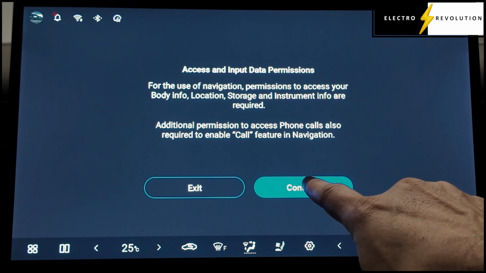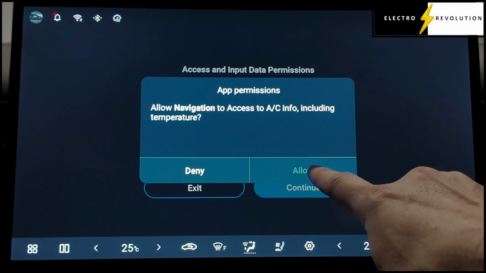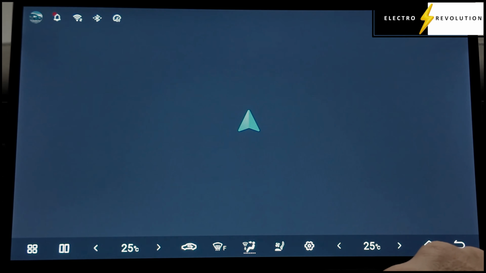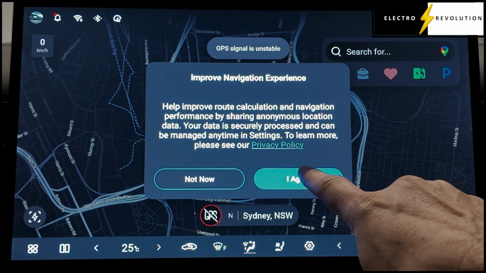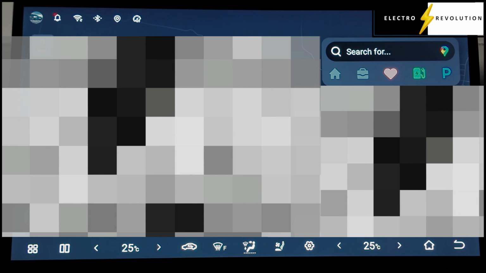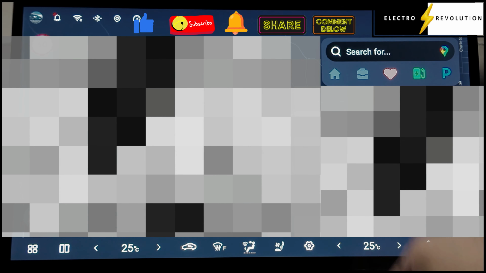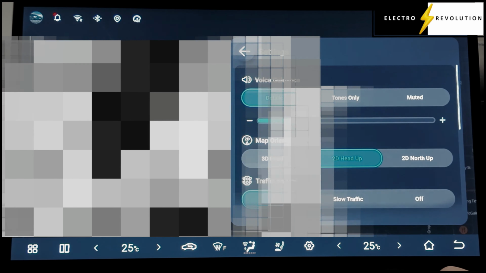Okay, so for the nav, you just got to accept the feature again. Allow navigation to access the AC, including the temperature, you allow. And that sets up the nav. Agree to the privacy policy. And it's very similar to the way the older nav would work with these options down here on the top right. Now if we go back down to settings,